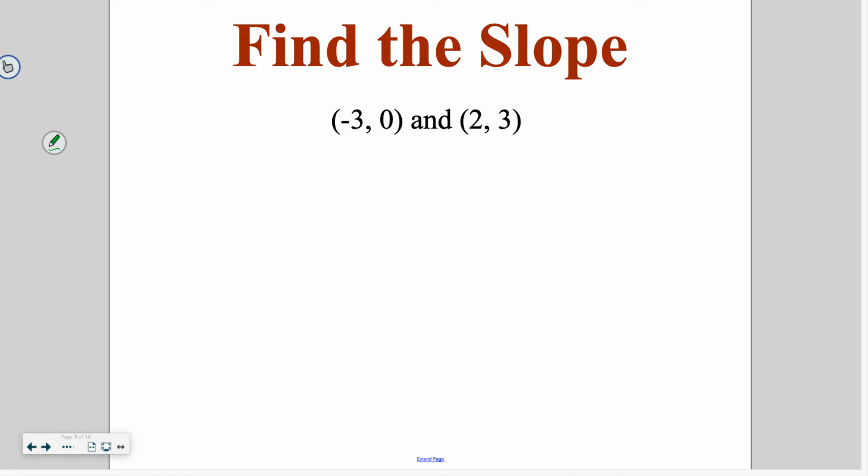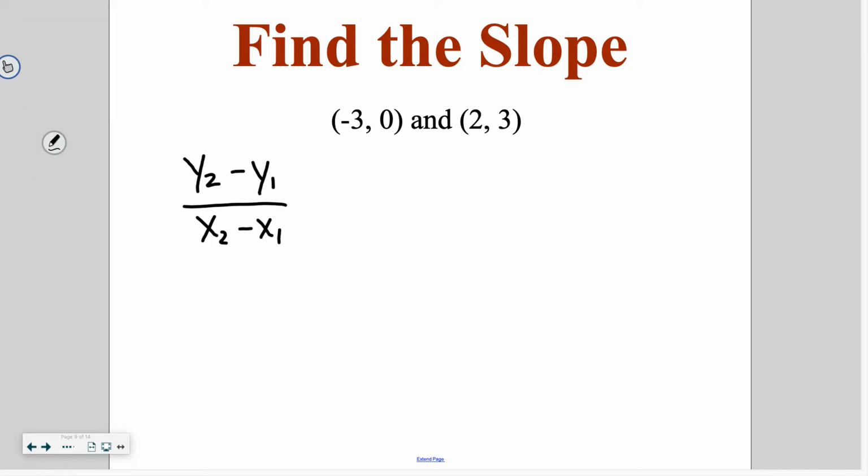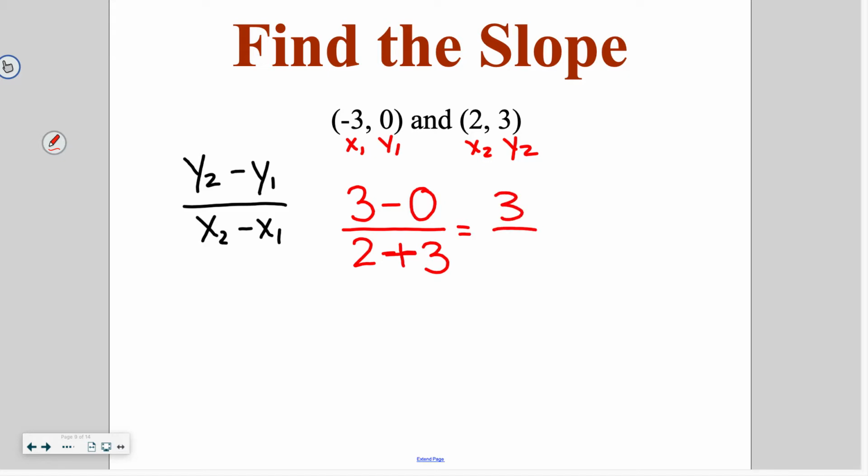Another thing we can do without the graph is find the slope of the line between 2 points using our formula. If you remember from that first slide, the formula said y2 minus y1 over x2 minus x1. So I'm going to go ahead and label my points, x1, y1, x2, y2. So I'm going to take my first point, which is y2 in the formula, and subtract y1 over y2 minus y1. In this case, my double negative makes it a positive, so I end up with a slope of 3